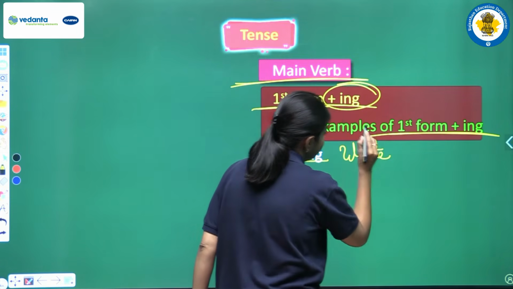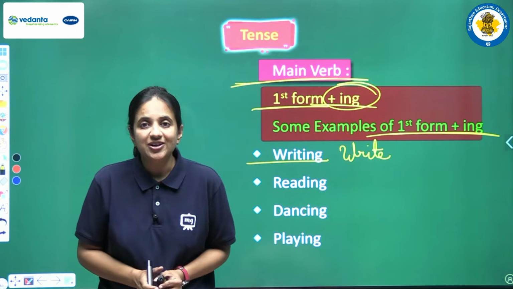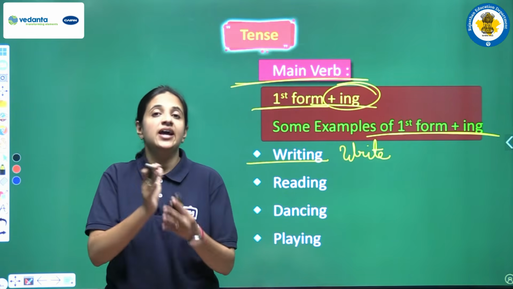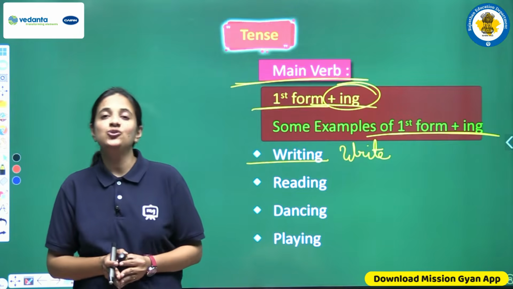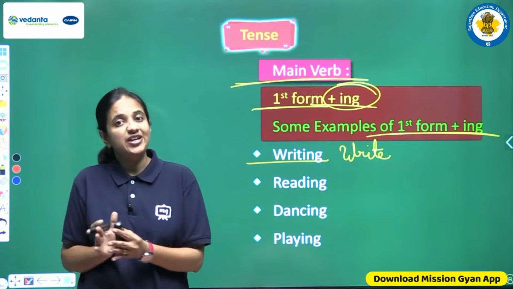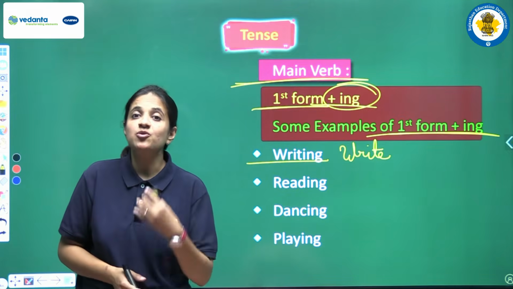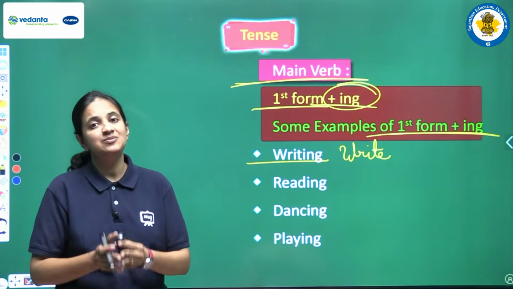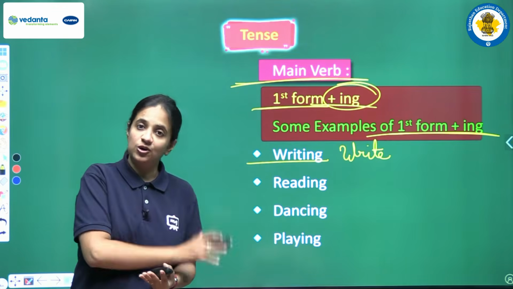So students, in the previous video I also told you that all verbs have three forms: first form, second form and third form, और आपको सभी forms पता होनी चाहिए, then only you will be able to use the correct form. अब आपको ये तो पता है कि first form use करनी है, but अगर आपको ये नहीं पता first form कौन सी होती है, then how will you use? So yes, आपको ये सब चीज़ें learn होनी चाहिए, आपको learn करनी है verbs की तीनों different forms, okay?